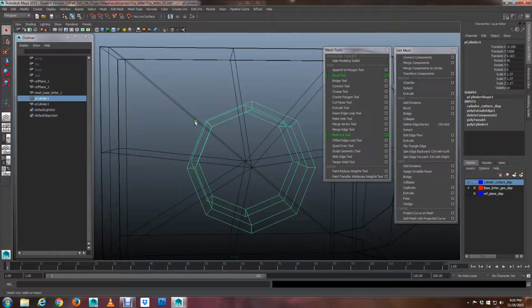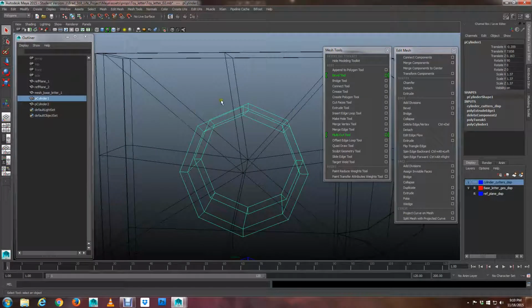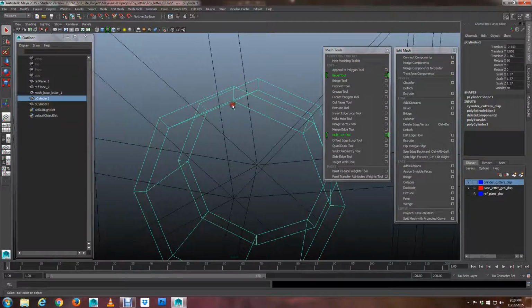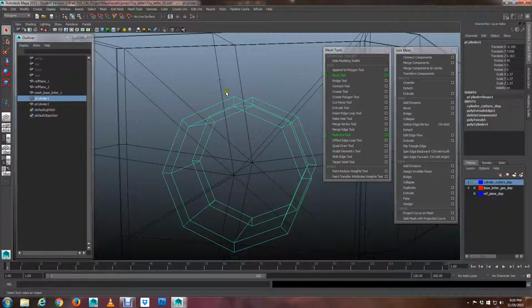So the reason we need to cut a ring is because we need points on these edges to be able to connect. So I need points on all these edges to connect them to these points. So point here, point here, point here. Okay, so we'll just cut a ring into both of these sides. So what I'll do